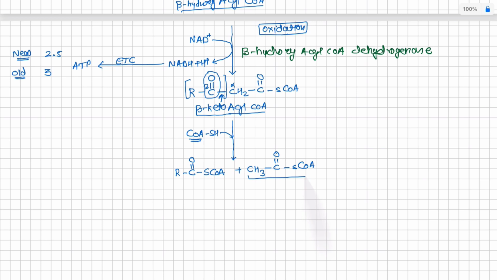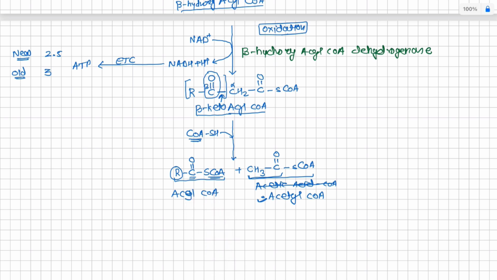If you remember, this is the structure of acetic acid with its coenzyme A, which is called acetyl coenzyme A. Why? Because this is the structure of acetic acid. Okay, so we write it as acetyl coenzyme A. And what is this structure? Remember, this R is the hydrocarbon chain which is ending with this carboxyl group containing coenzyme A. So this is also an acyl